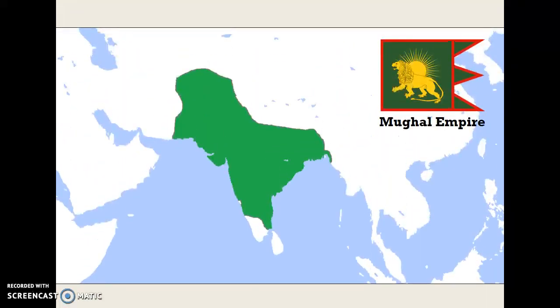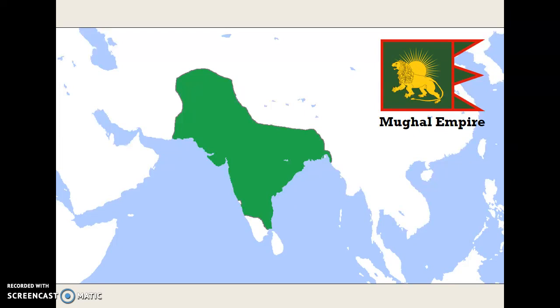All right, the Mughal Empire lasted not quite as long as the Ottomans, from about 1526 to 1857 AD. And you can see the Indian subcontinent here, which, again, we talked about last year with the Mauryan Empire, Ashoka, and the Gupta Empire.